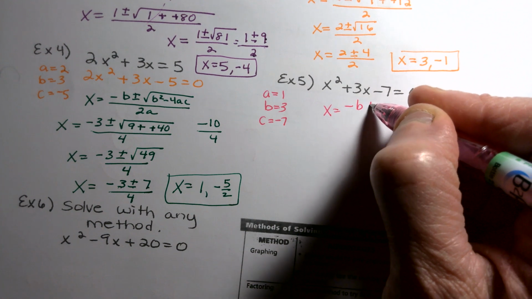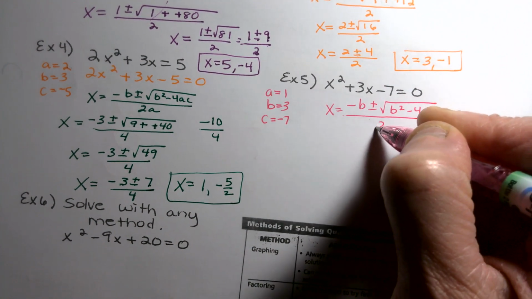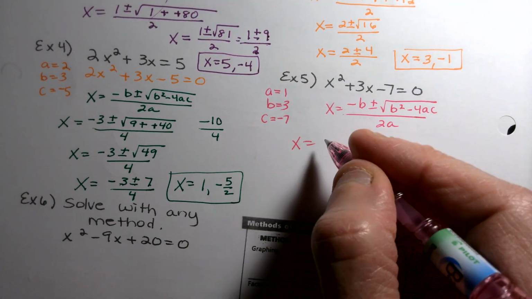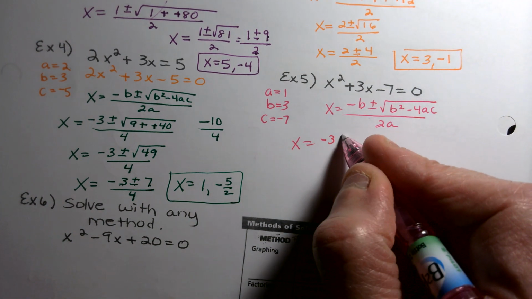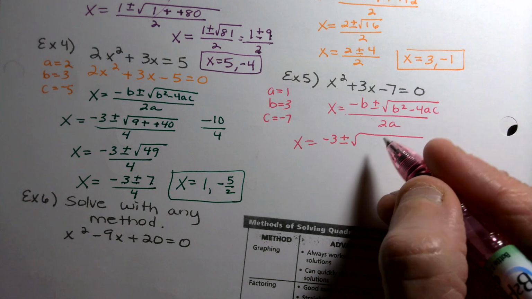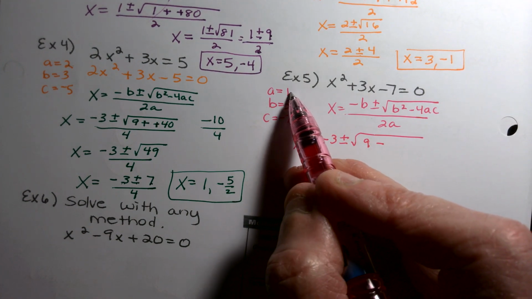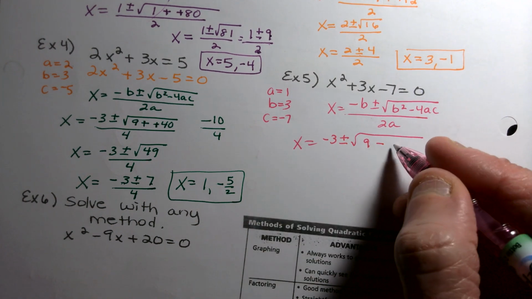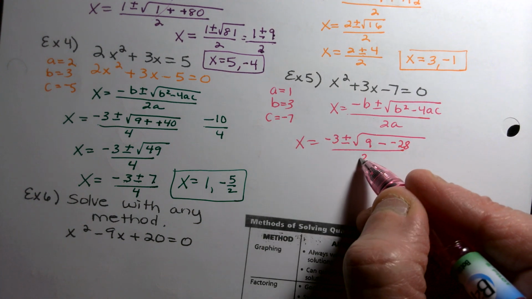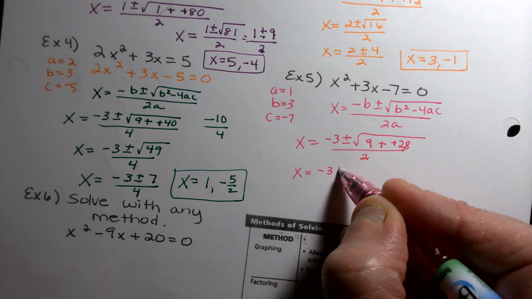X equals negative b plus or minus the square root of b squared minus 4ac all over 2a. X equals the opposite of b. So b is 3, so it's going to be the opposite, negative 3. Plus or minus the square root of b squared. b is 3, 3 squared is 9. Minus 4 times a, which is 4, times c, negative 28. All over 2 times a, which is 2. X equals negative 3 plus or minus